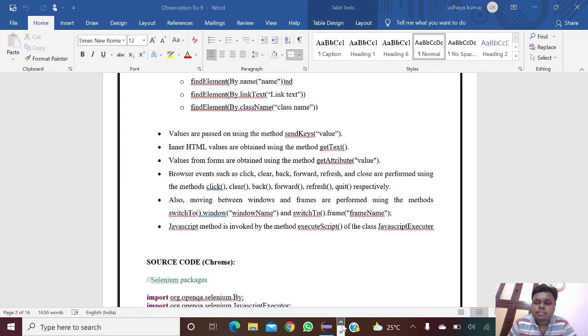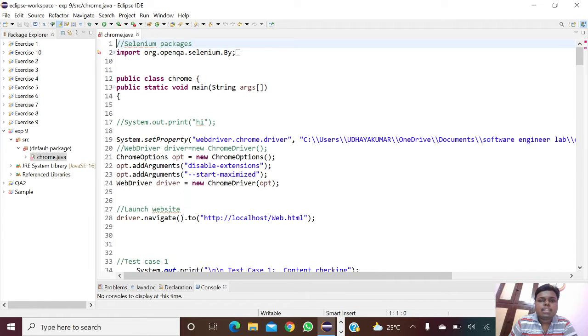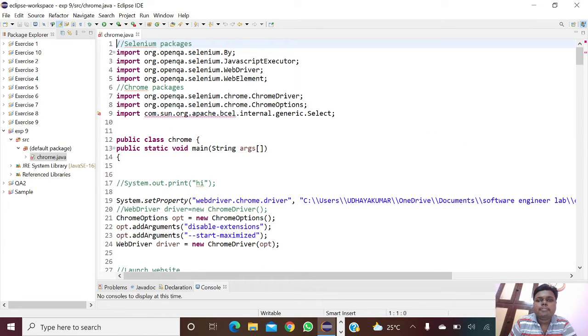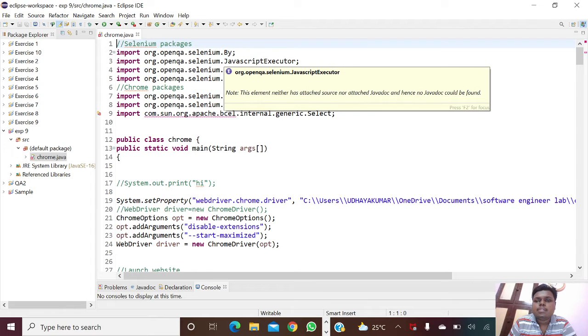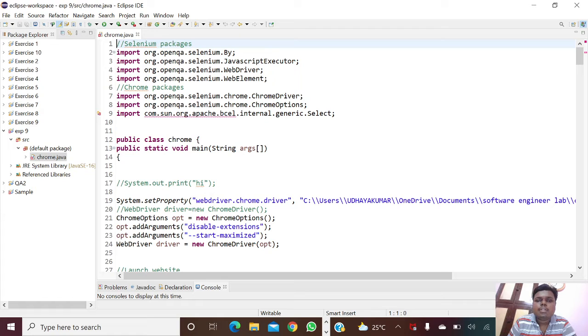Next, we're going to see about the coding. First of all, importing the Selenium packages: import org.openqa.selenium.By and import org.openqa.selenium.JavascriptExecutor and import org.openqa.selenium.WebDriver and import org.openqa.selenium.WebElement. Importing the Chrome package: import org.openqa.selenium.chrome.ChromeDriver and import org.openqa.selenium.chrome.ChromeOptions and the Select class.